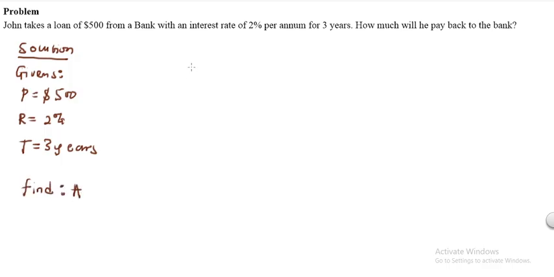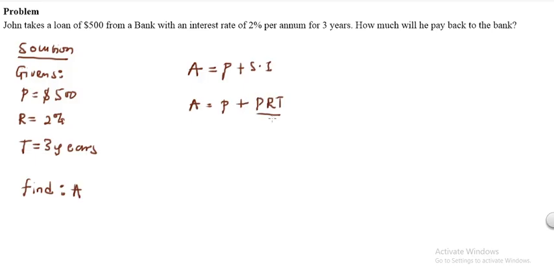From the beginning of this video, I showed you that the amount you pay back after a loan, or you get when you invest, is equal to the principal plus the simple interest. So we can do two things here. We can calculate the simple interest separately, add it to the principal and get our amount, or we can just do it straight up, so that we can say the amount is equal to the principal plus the simple interest, which is giving us